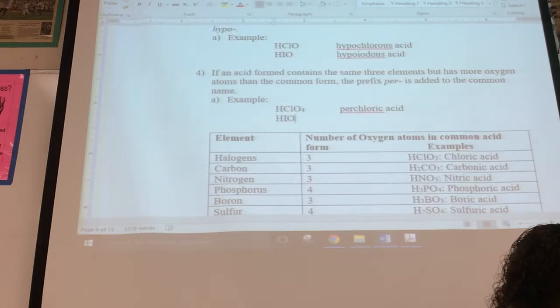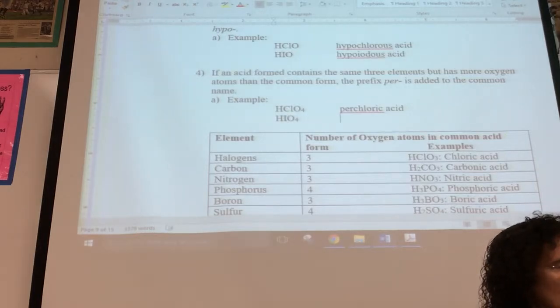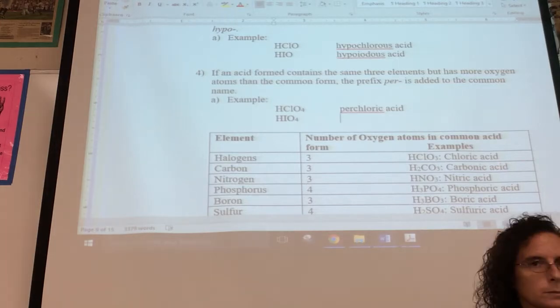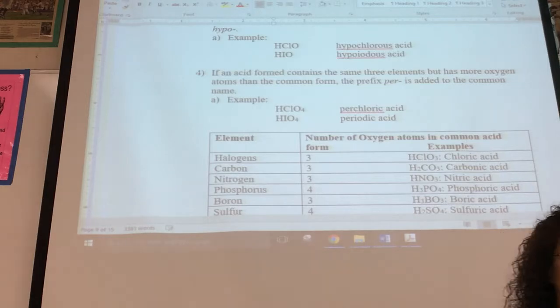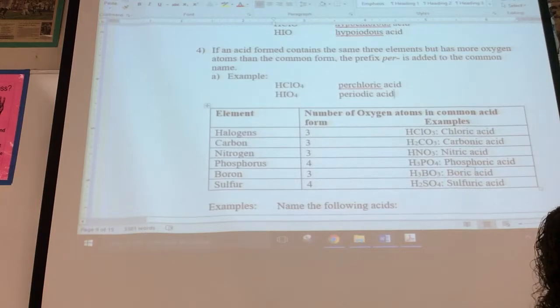The other one that's also a strong acid would be this. And what would be the name of this one? Periodic acid. So those are really the only 2 I can think of. The other ones don't form, but that's also in the name game. And what I tried to do here was make you a very small table where I had the element or the family,